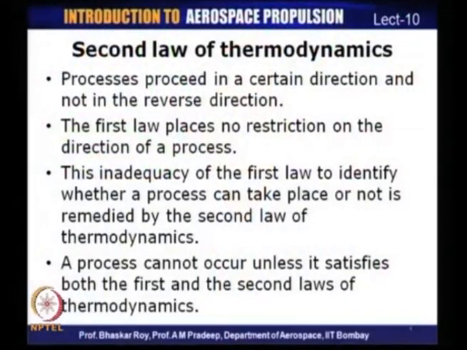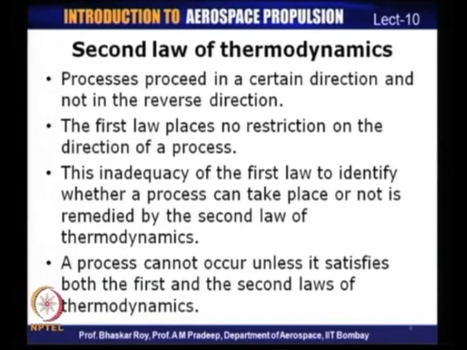And the second law of thermodynamics is one such law which places certain restrictions on what direction a process can take, and that the reverse of this particular process cannot occur naturally. So, the second law of thermodynamics is basically a fundamental law which places certain restrictions on a process taking place, and therefore, a process cannot really take place if it does not satisfy both the first and the second law of thermodynamics. So, this means that processes always proceed in a certain direction and not in the reverse direction, and